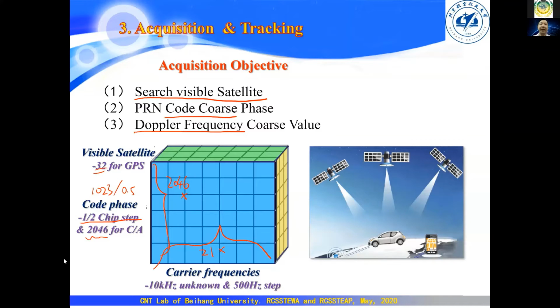Only when you search all 1 million possibilities will you know which satellite is above your head. This is the objective of the searching, the acquisition step. So acquisition is to find the probabilities. For example, at this 1 million probabilities, you will see here,